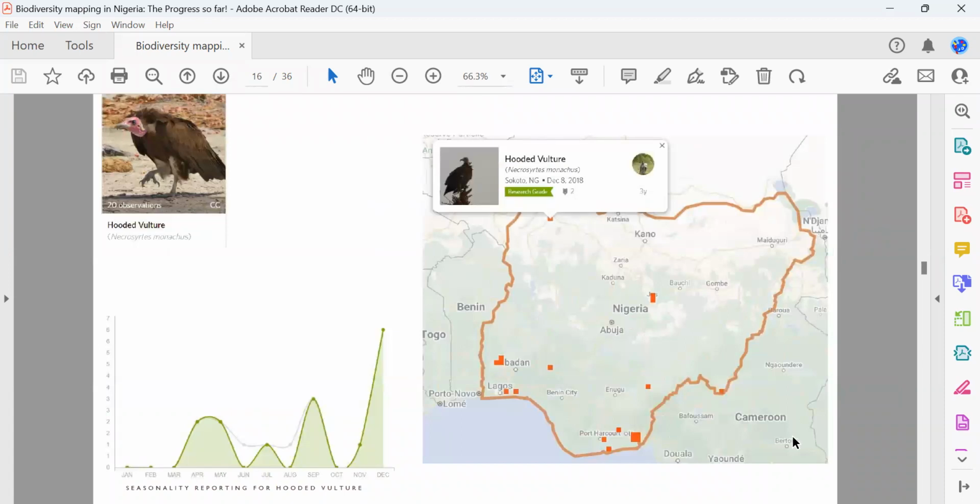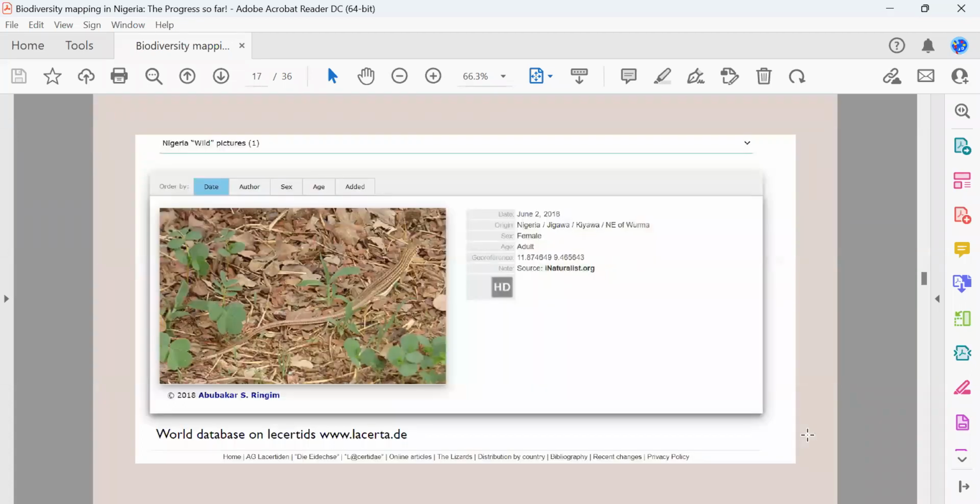Also, something of interest, we can look at the seasonality reporting for an individual submission or species. This is the hooded vulture, which is a critically endangered species in Nigeria. So far, there are 20 observations from Nigeria, and this is the seasonality reporting for the hooded vulture in Nigeria. And you can see the submissions, the uploads, that is the biomapping activity for the hooded vulture. And this is